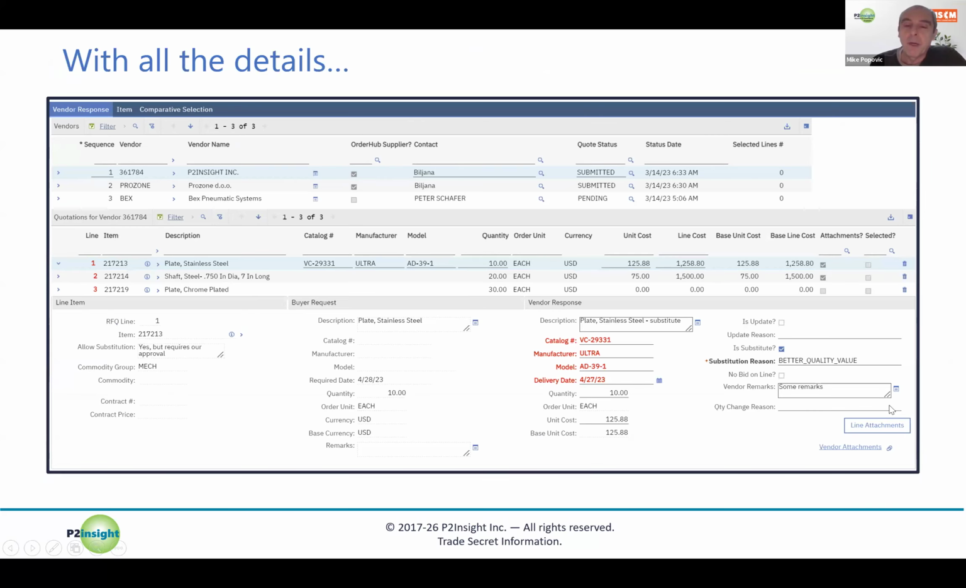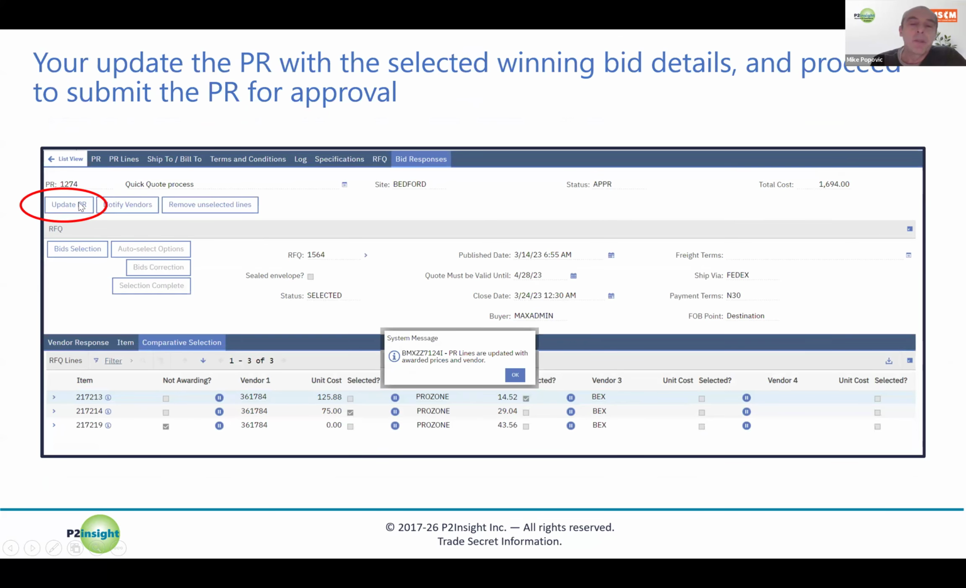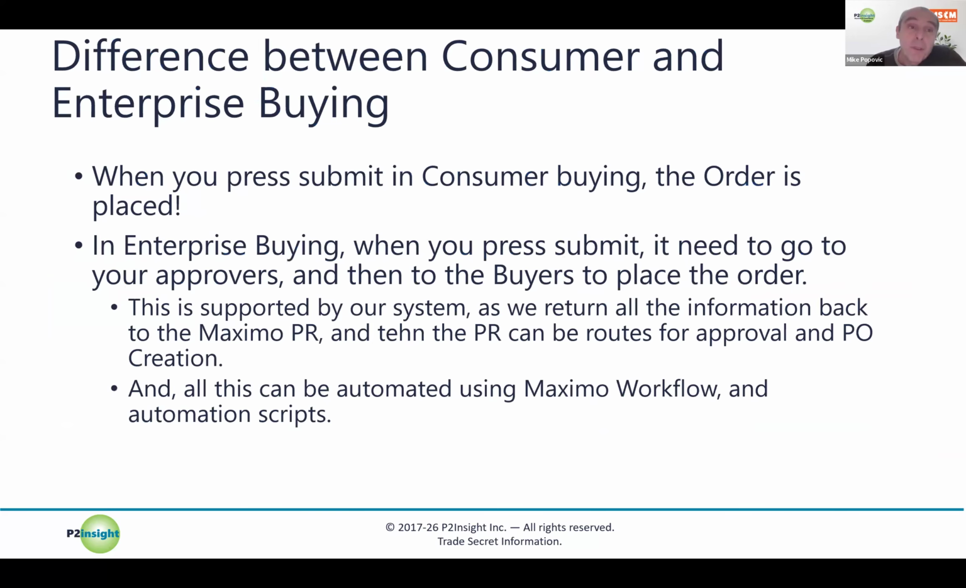You get all the details, the model number, the price, all that stuff. Okay, you select your winning bids. Okay, when you select the winning bids, you then update the PR. This will update information from the quote to the PR, and you can then submit the PR for approvals and so forth. So difference between consumer and enterprise, yes, when you press submit on the consumer buying, the order is